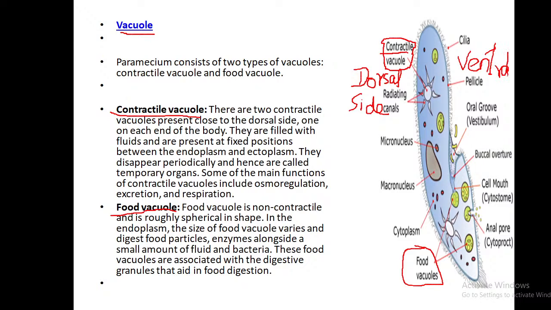Dorsal side and ventral side. So contractile vacuoles are usually seen on the dorsal side, and they are larger in size, and there